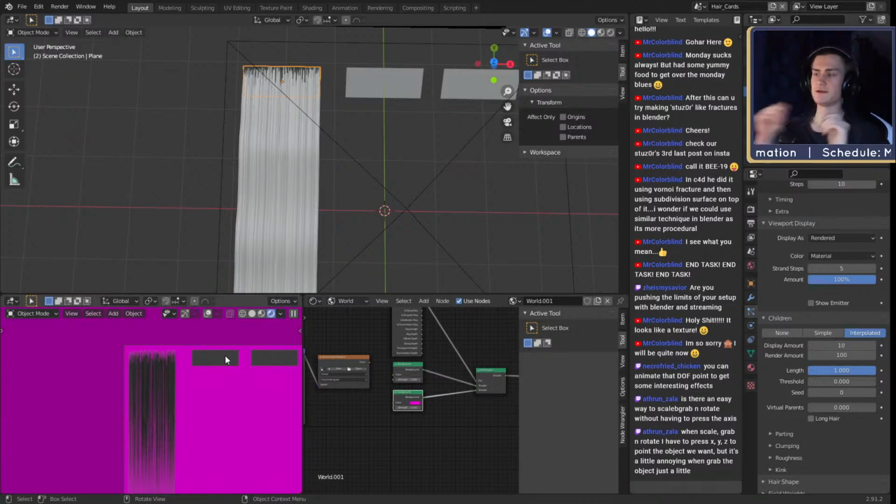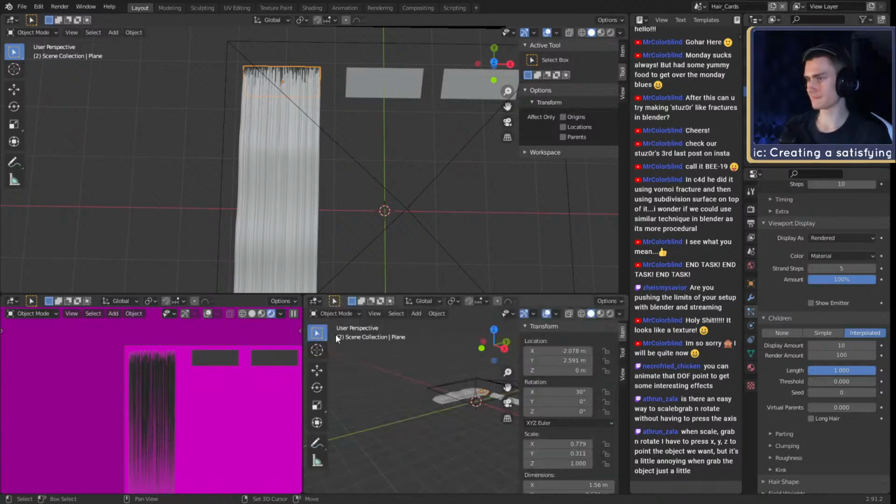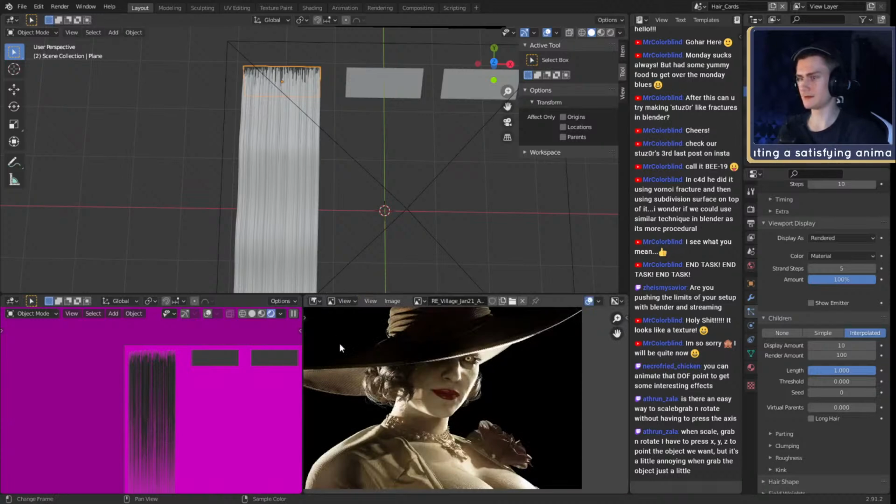Then we have less hair that is a little bit more wavy and rougher. And then we have one more layer, at least for this character, that implements small flying strands that you can see in images, for example. If you go back to the reference we had, this one, right here.